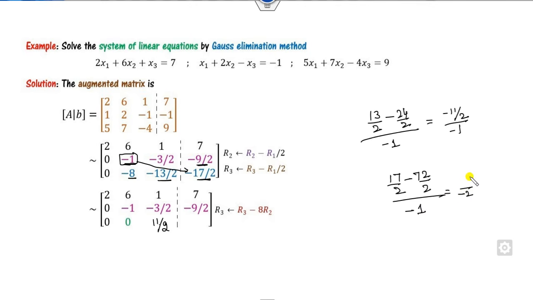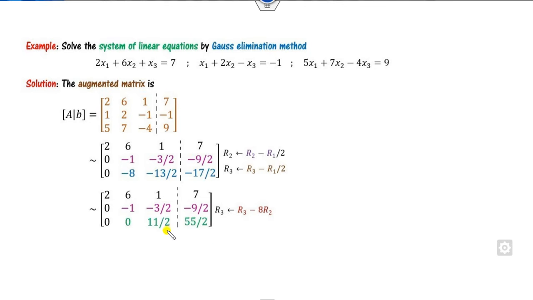It will be my 555 minus. So you can see the answer is 55 divided by 2. Fine. Now the next one is a third diagonal entries. It is and below there is none of the elements. So then we can apply the